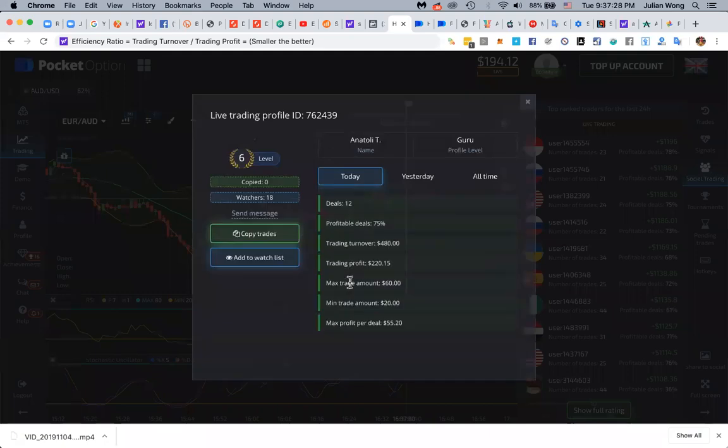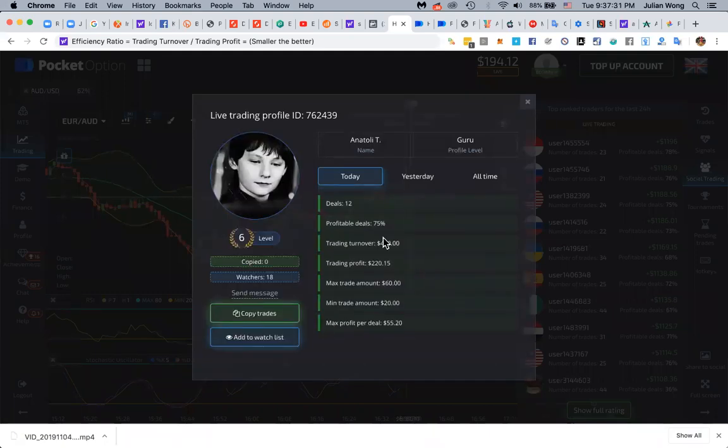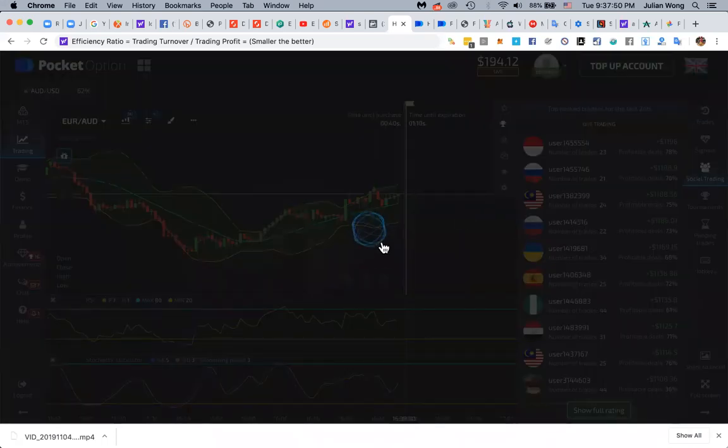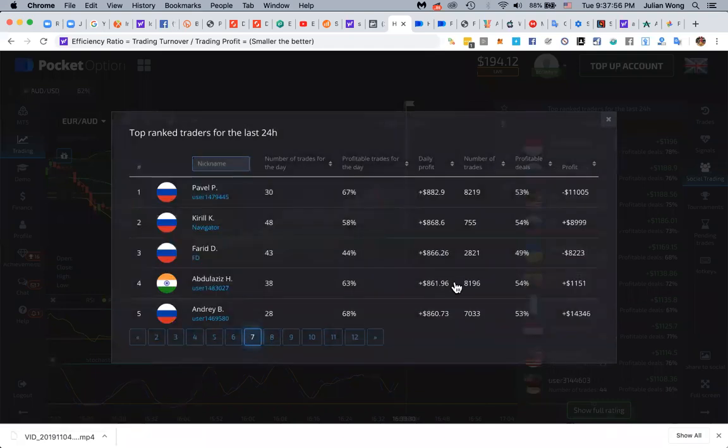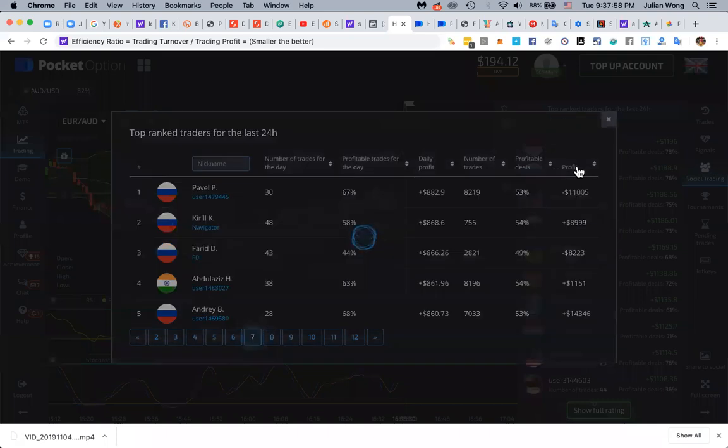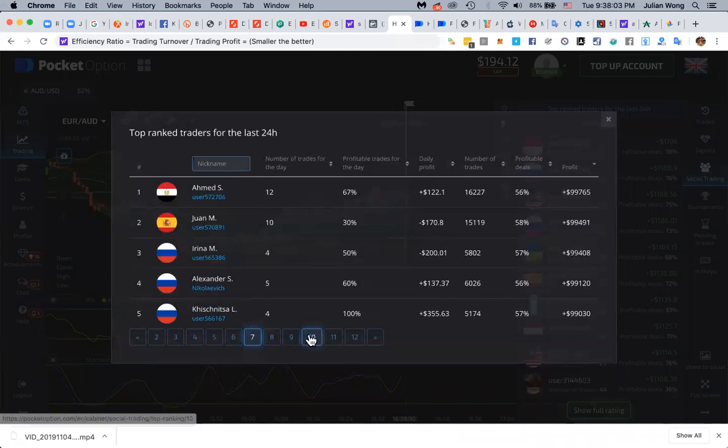Anatoly, let's try it for this guy. Okay, so today his efficiency is two point something, which is really good. Oh, yesterday he lost, but at least he stopped himself. Okay, that's considerable. No minimum and a maximum. Okay, that's not too good. It's kind of difficult to find some good stats. I just want to find a decent one that I can copy live and show you how to do it. This is the most time-consuming part, really.